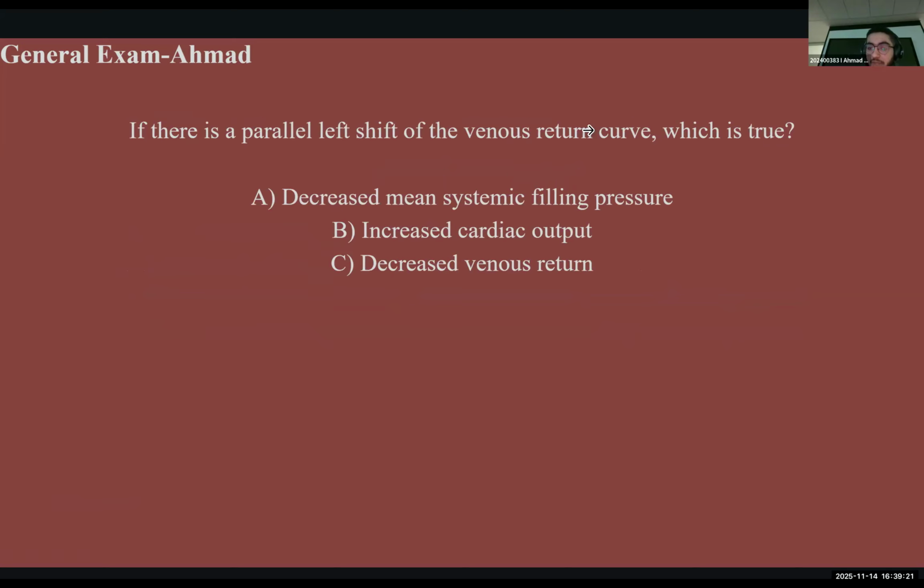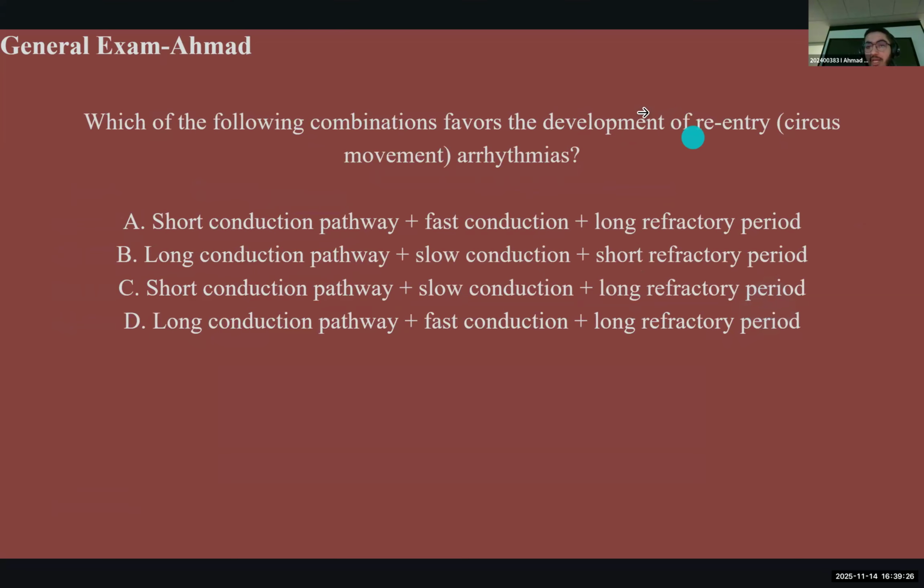The one before. Okay. So, what do we mean by development of re-entry arrhythmias? What's re-entry arrhythmias? So basically, a myocyte where it's going to have a depolarization again before the whole heart relaxes. Okay. So how does it favor that? So we know that there is a refractory period, or there's more than one factor that stops this from happening.